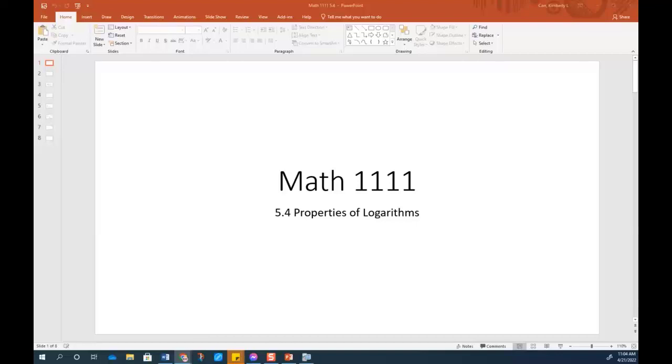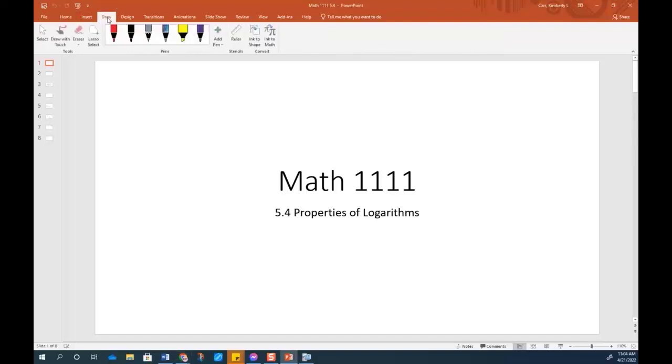This lesson is about properties of logarithms. Now, before I even get into it, I just want to remind you that a logarithm is essentially an exponent. In our previous lessons, we have looked at this concept, because when we were introduced to logarithms, we said